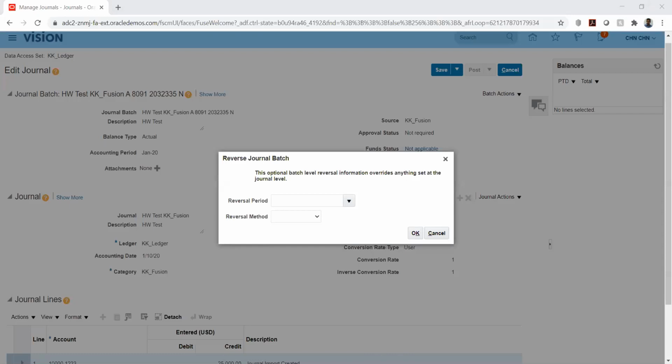The only thing is we will have to attach the reversal criteria. After reversing this, I'll show how to define this criteria and how it works. To test one case, I have defined the reversal criteria and attached it to the ledger. That is why the system is allowing us to reverse this particular transaction. If that ledger doesn't have a reversal criteria, then we will not be able to reverse any journal in that ledger.